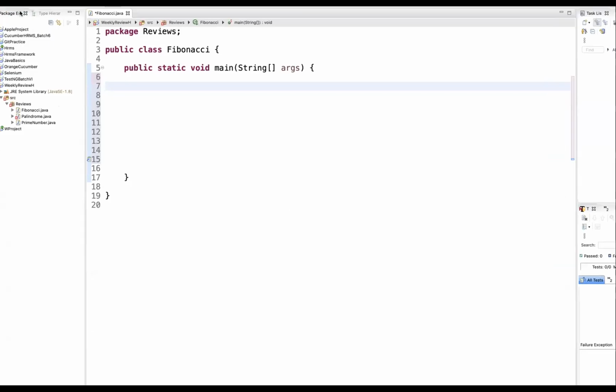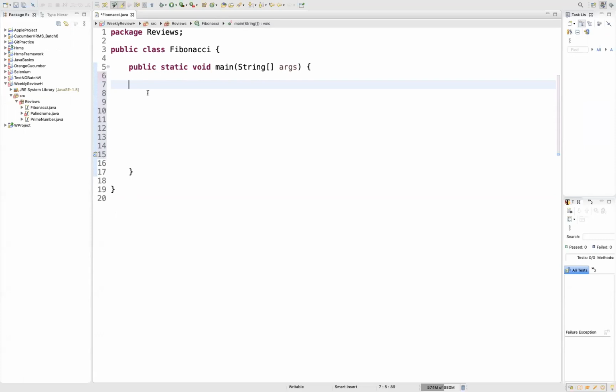Hey guys, today we are gonna write a Java program to display the Fibonacci series. First of all, let's define the Fibonacci series. Let's make a comment first. Fibonacci series,